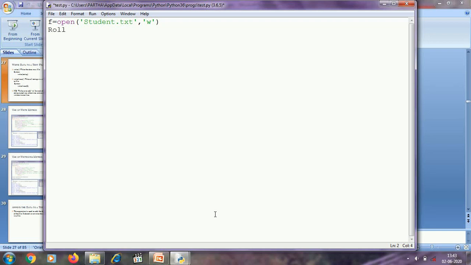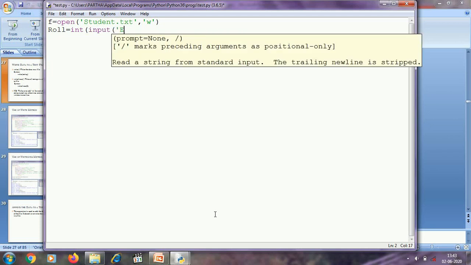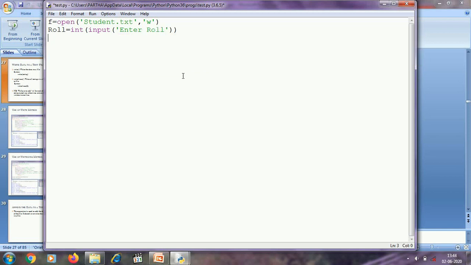So roll equal to int input, enter roll. As roll is an integer, I am converting the string value returned by the input function to an integer using the int function.